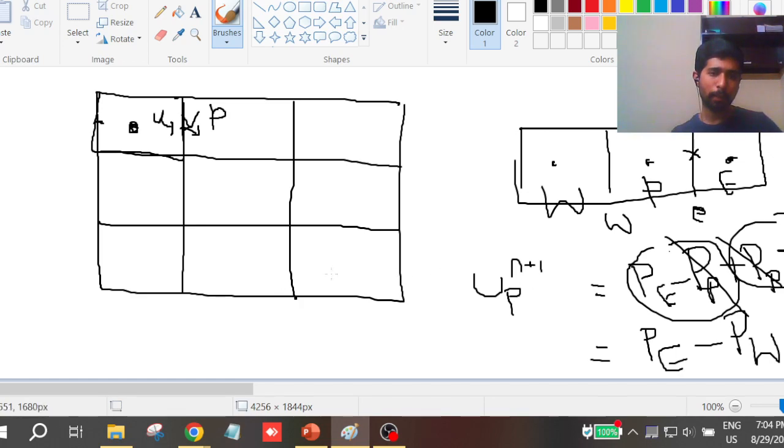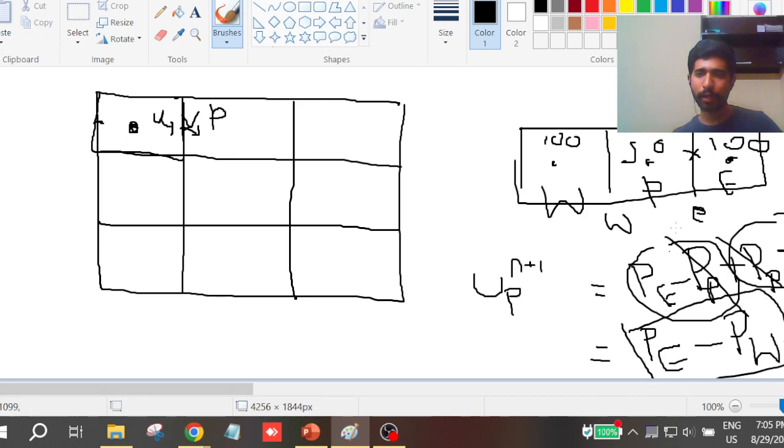Okay, so what will happen is that, for example, here you might have 100 pascal, here you might have 50 pascal pressure, and here again at the east control volume you have 100 pascal pressure. Okay, this might happen in some cases only. Now you can see that PE minus PW, which is nothing but 100 minus 100, you will get 0. So there is no pressure gradient force which is driving the velocity according to our CFD discretization,